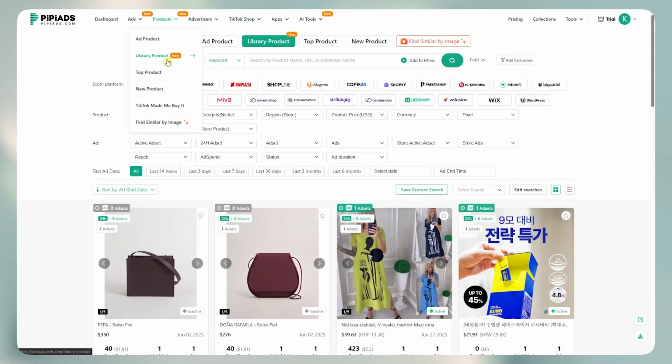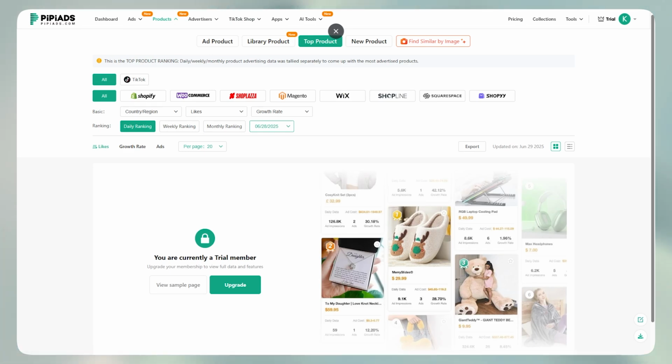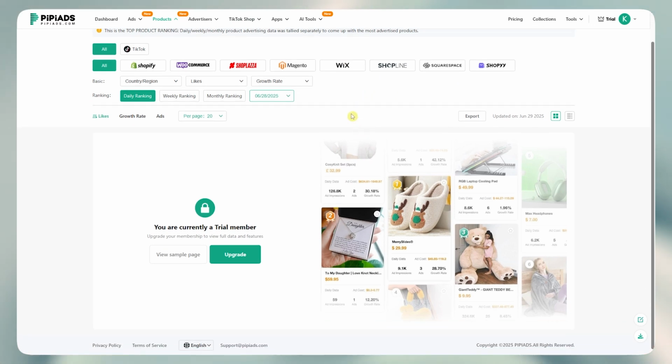Next is that we have the top product. This section lists the best performing products on TikTok, ranked by engagement and ad frequency. It's where you go to find what's dominating the market right now. These products often show viral potential with high likes, shares, and strong ad activity. Use this shortcut to